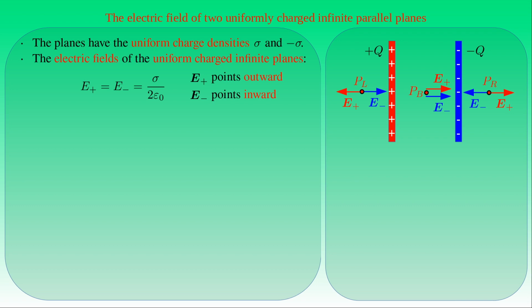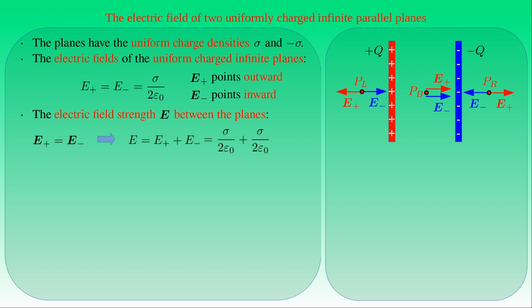We start with the net electric field in the point PB located in the space between the planes. As the figure shows, both the electric fields E sub plus and E sub minus point in the same direction in that point. Therefore we can write that the electric field E sub plus is equal to the electric field E sub minus, and this relation holds everywhere between the planes. As a result, the superposition of the two vector fields is just the algebraic sum of their magnitudes, that is, the magnitude E of the net field is equal to the sum of the magnitudes of E sub plus and E sub minus. If we substitute the equations obtained for E sub plus and E sub minus, this sum can be written as sigma over 2 times epsilon naught plus sigma over 2 times epsilon naught, which gives